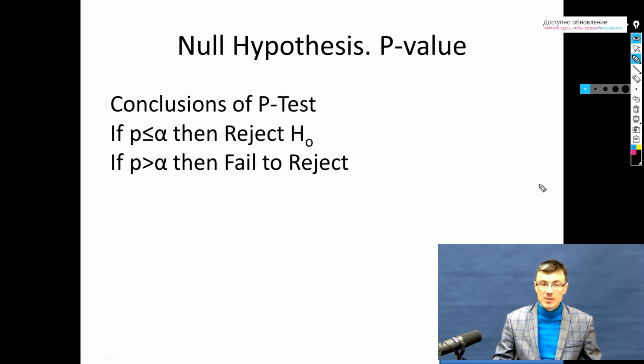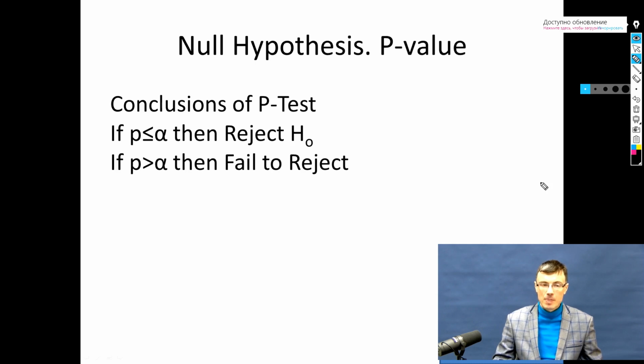The less probability of obtaining our data if null hypothesis is true, then of course the more chance we have to reject null hypothesis. It doesn't mean that it's false, but it only states that we can reject this